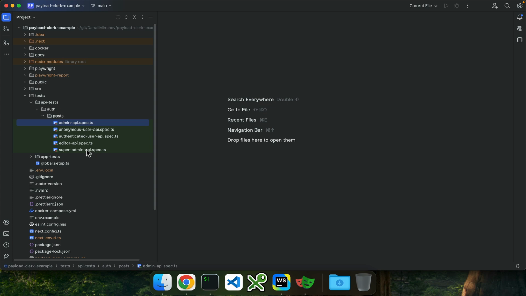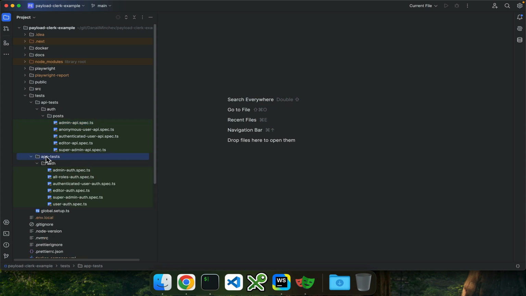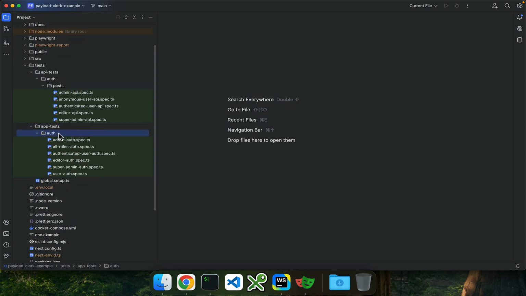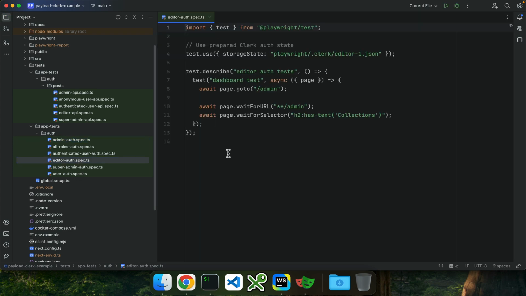Basically, we're executing HTTP requests and we are searching on the response. Then what we have here is the app tests. Again, they're related to authentication mainly, only currently. And then for each role we have the specifications. They're pretty much similar and simple,